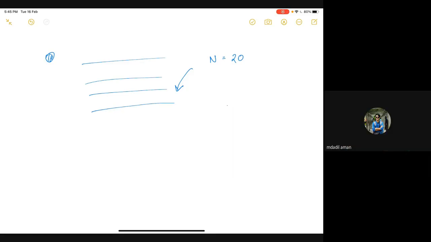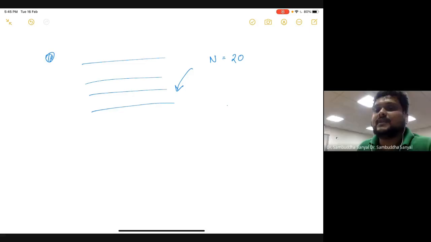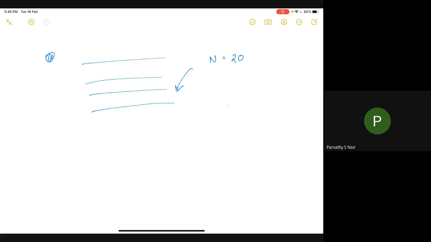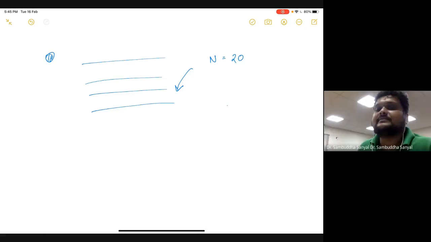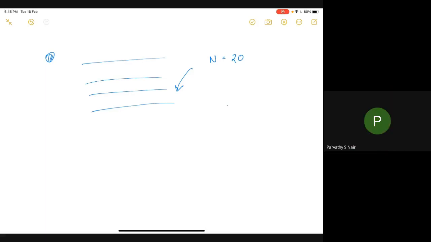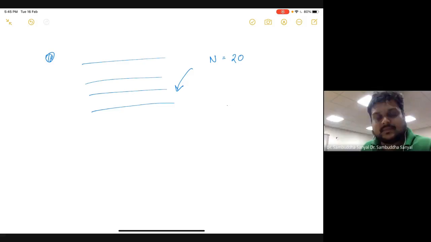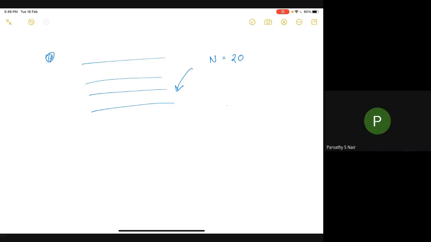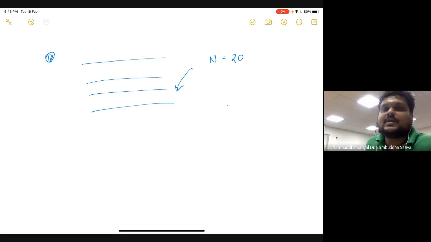I was just thinking that if the number of electrons is even, definitely the number of protons will also be even. So in both cases it is even, and they're separately giving you integral spins. Then you can say it is bosonic or fermionic. That should be enough. That was what I was thinking. Yeah, that is true.